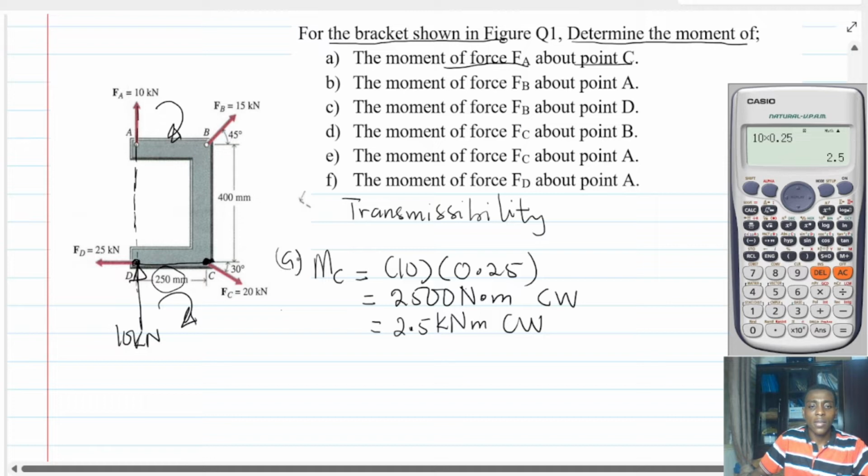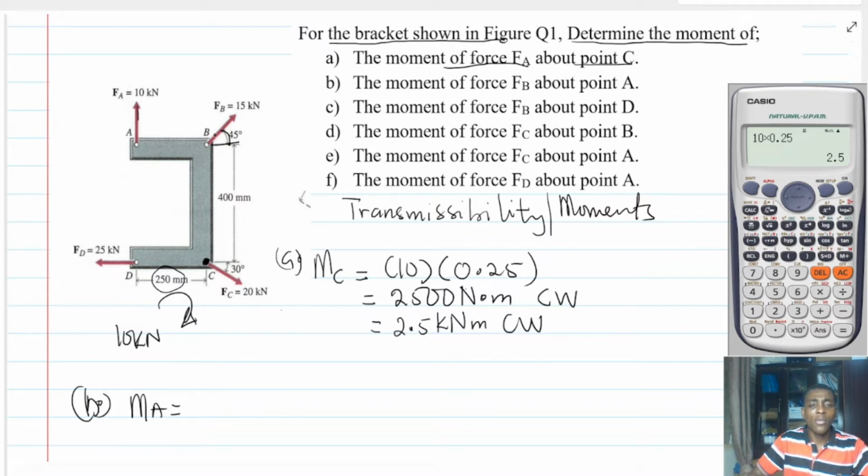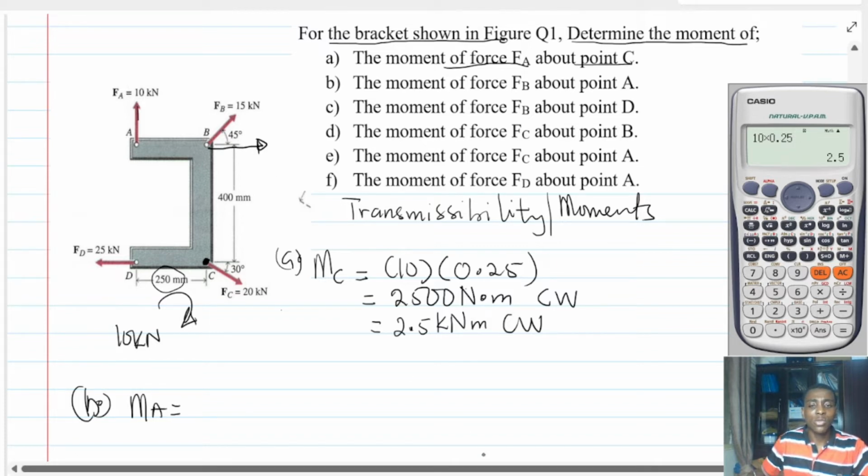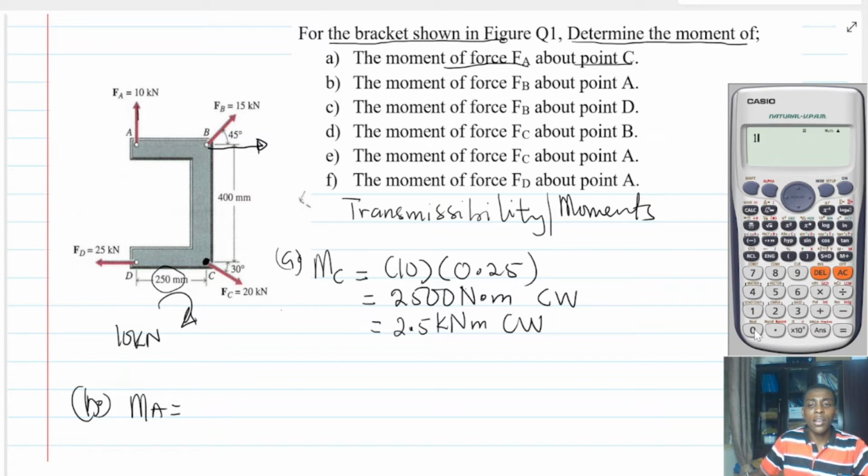So this is A. For B, how can I do it? The moment of FB about A. We are going to use the same principle. This is FB. But you know, there is an angle here. Therefore, we need to resort to what we call the principle of moments. This principle says that if I have this force right here, then I can resolve the force and then find the moment of the individual components. So if I resolve this force, I'm going to get the x component as 15 cosine 45,